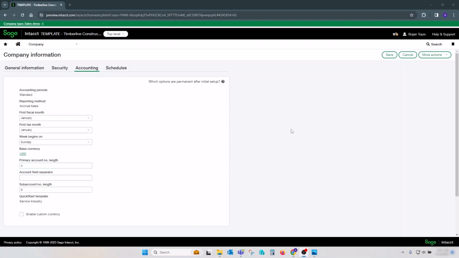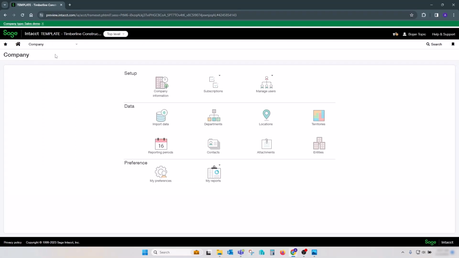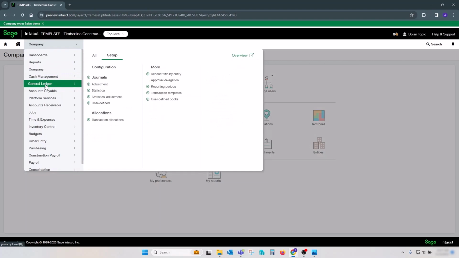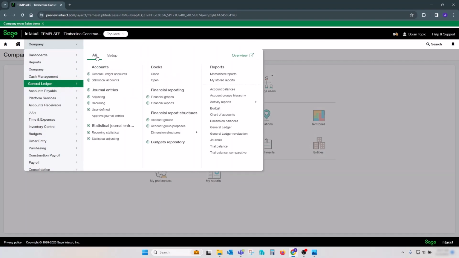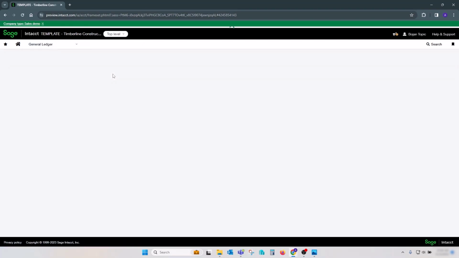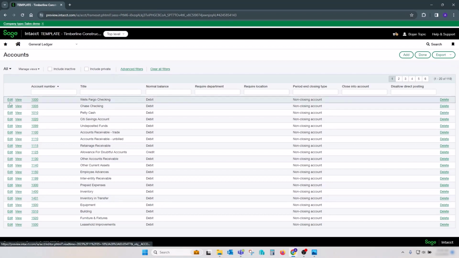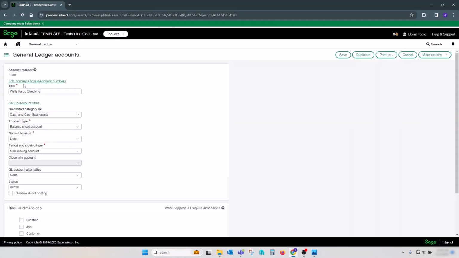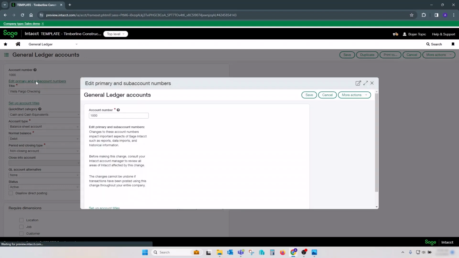Once the change is made in this screen, we will be able to go back to the GL, all general ledger accounts, and edit any of the accounts that you have on the list. Now, a new hyperlink will be available called Edit Primary and Sub-Account Numbers. This is a place where you can make changes to the account number.